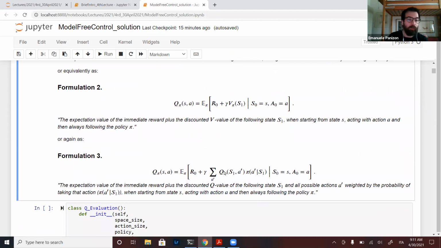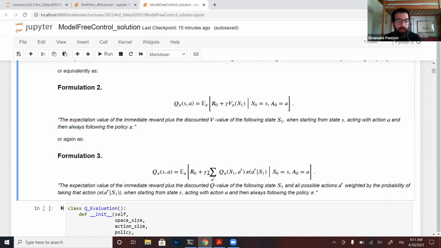Another formulation, which connects only the Q value function with the Q value function, is that I'm in a state, I do an action, and I get a reward, plus from state S1, I consider all available actions with the probability given by the policy, and I evaluate the value function for all pairs of new state and possible action.